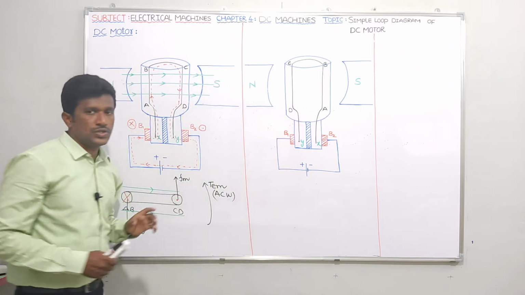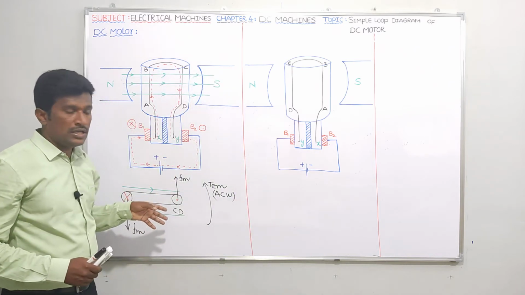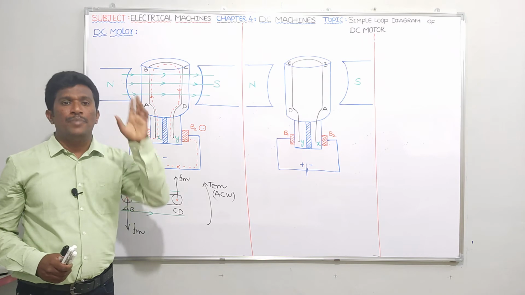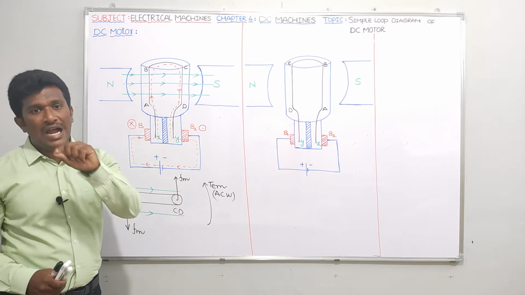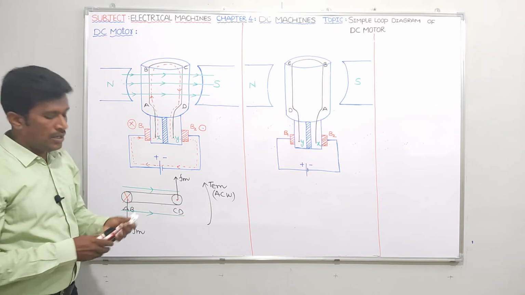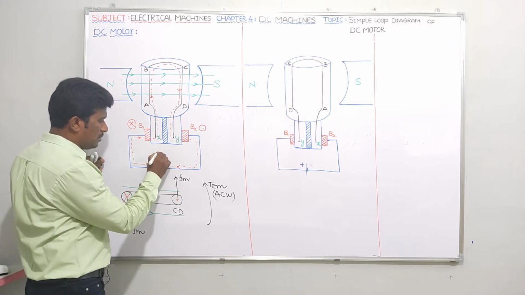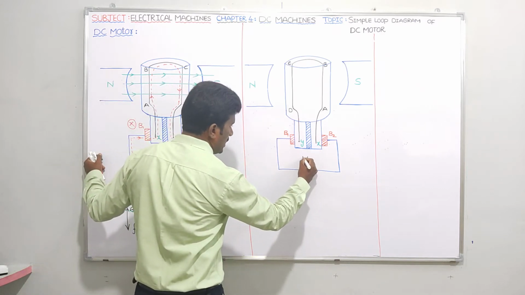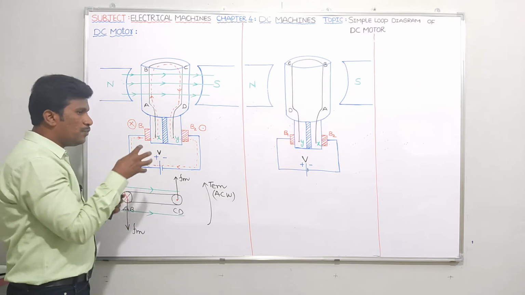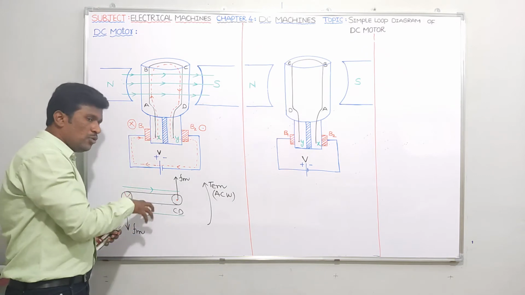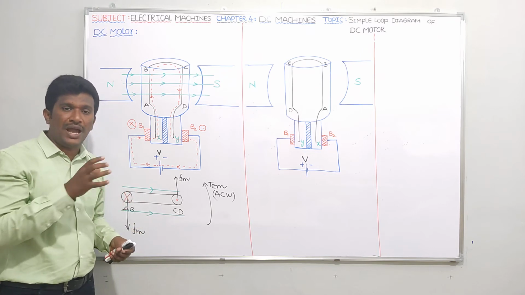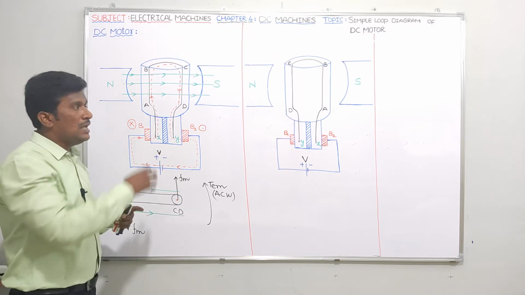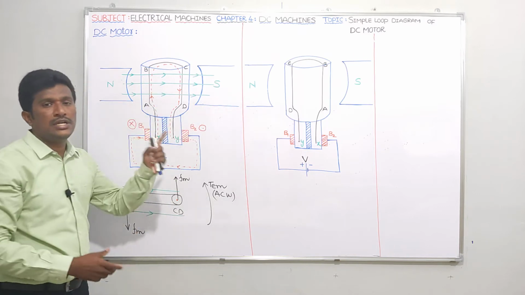Similarly, in a DC motor, generator action will take place. Because of generator action, back EMF Eb will be produced. That back EMF opposes the DC voltage. See, plus minus means what? It's nothing but VDC. I can take it as a V value, the supply. DC voltage I can take as V. So this V is nothing but the input voltage to your DC motor. In a DC motor, generator action will take place. Because of generator action, back EMF will be produced. Whenever back EMF opposes supply voltage, in the meanwhile, electrical energy is converted into mechanical energy in the DC motor.